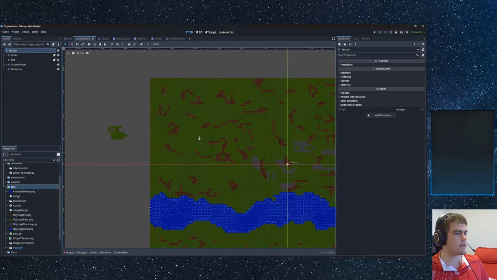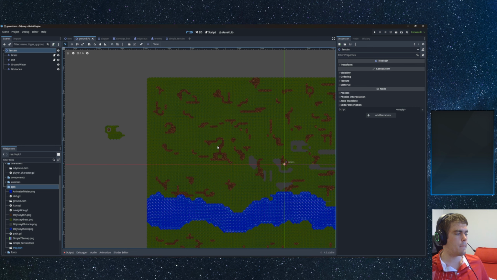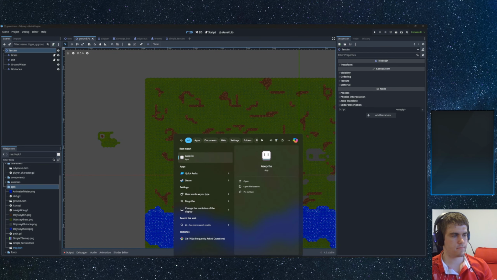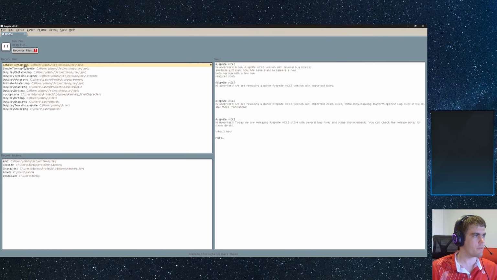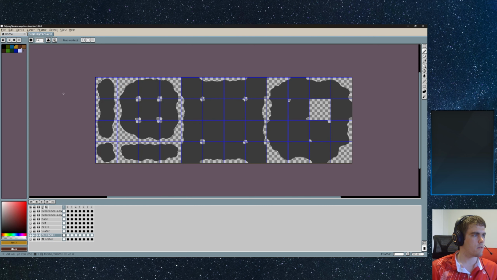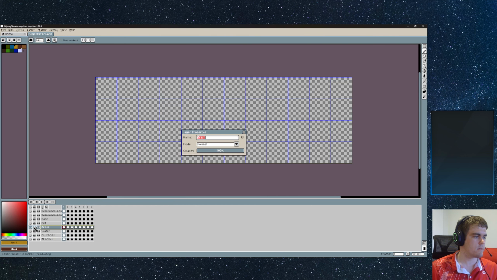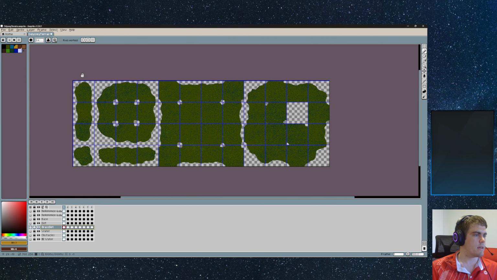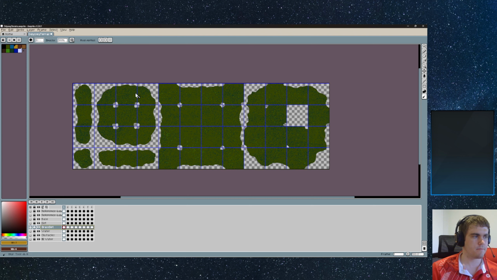And actually that might be relatively easy to do. For example with my grass, I want to now name this grass and dirt, or grass dirt. And essentially what I'm wanting is to select everything, and then exclude, subtract from selection,